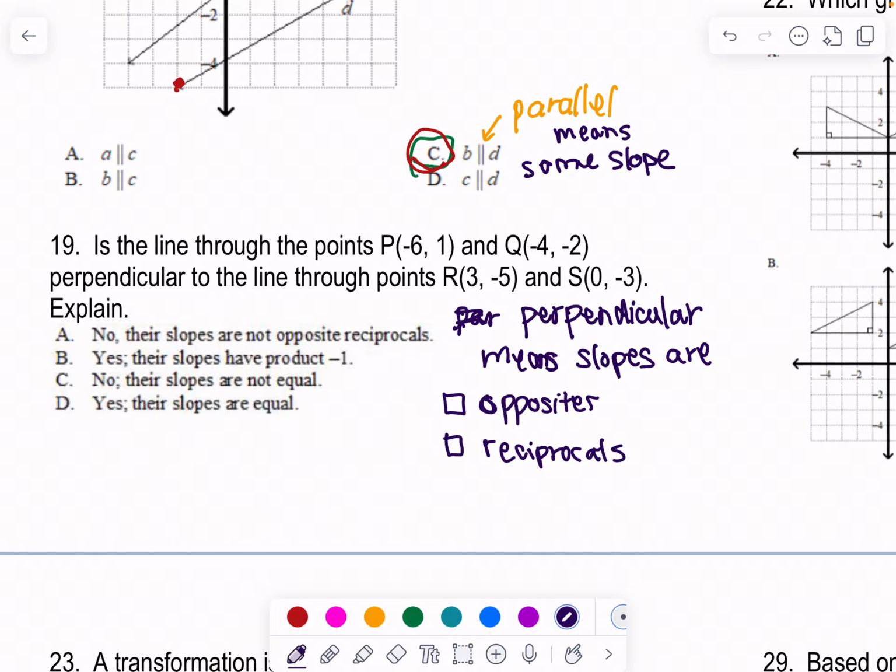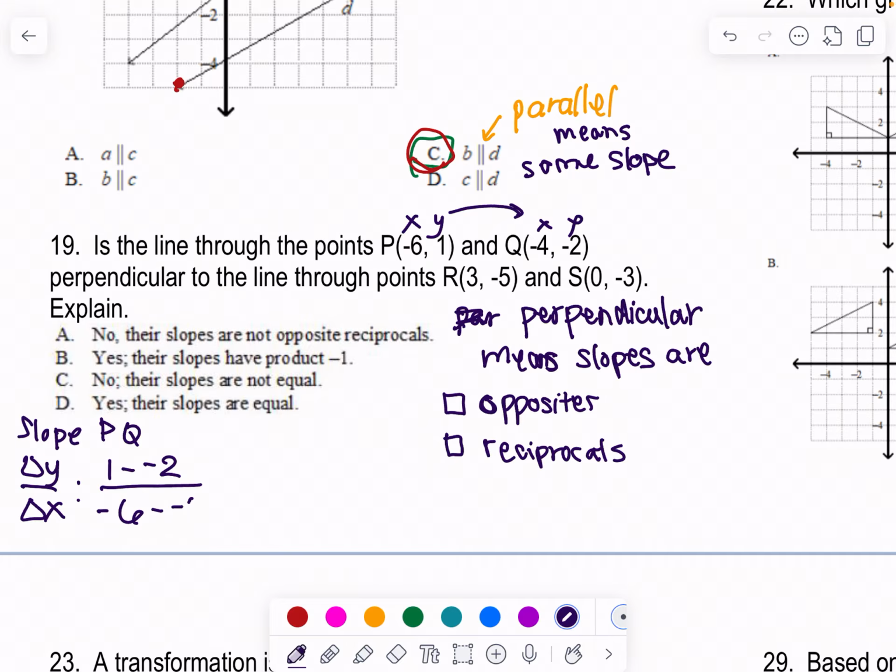Okay, so the slope. We're going to find the slope of PQ and then the slope of RS. So the slope of PQ, we're going to have the change in the y's divided by the change in the x's, remembering that this is the x, that's the y. So the change in the y's, I'm going to subtract going this way. On the top, I'm going to do 1 subtract -2, divided by -6 subtract -4. You can type this exactly into Desmos